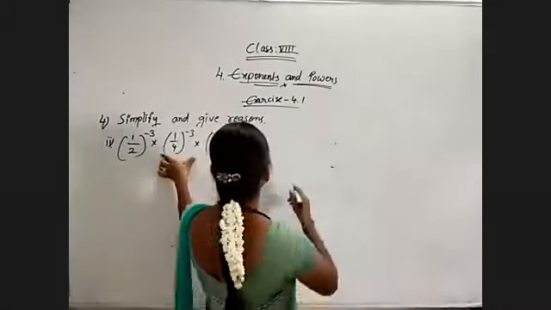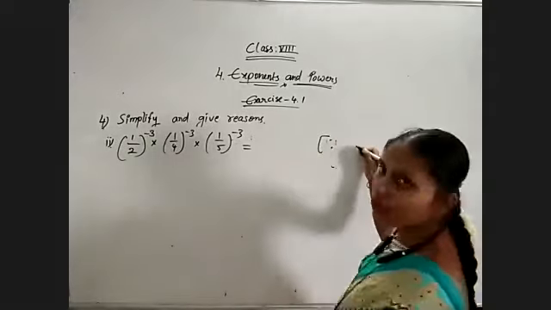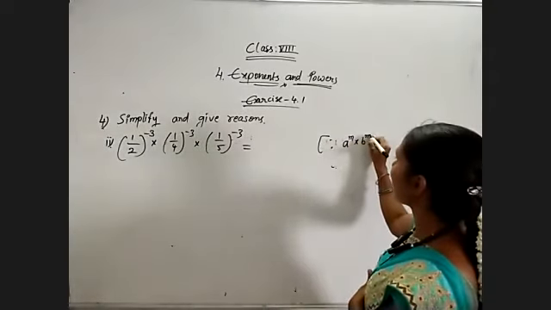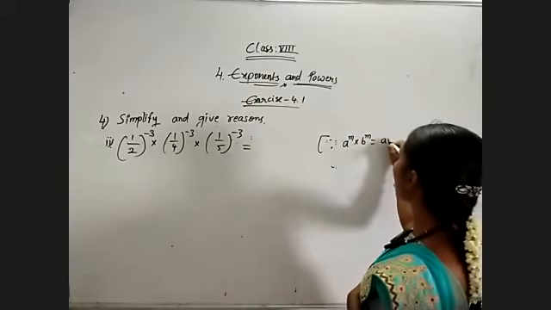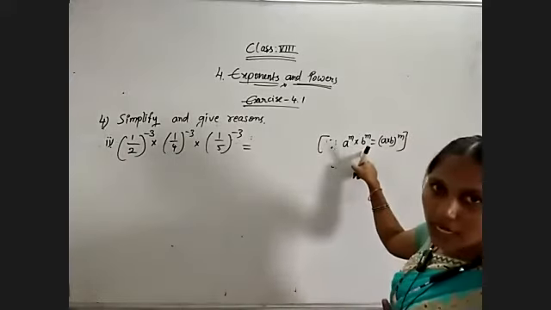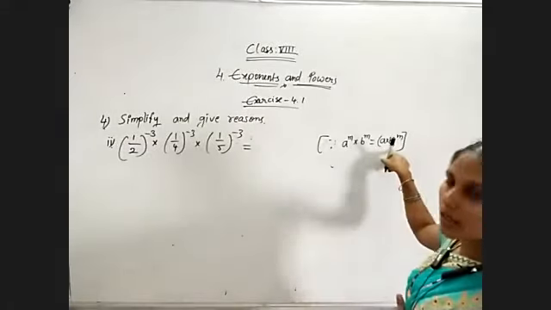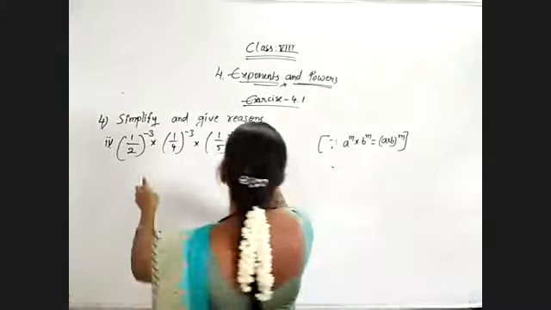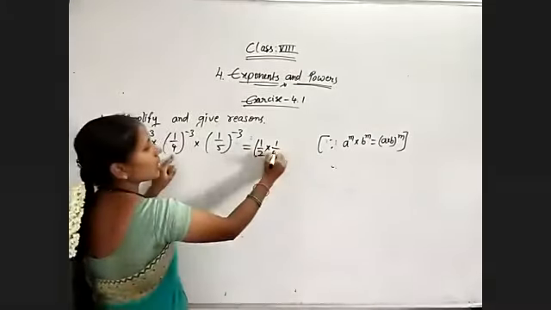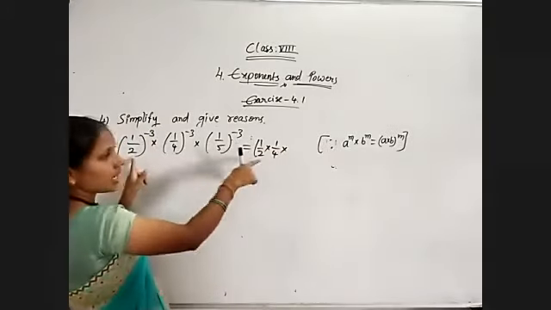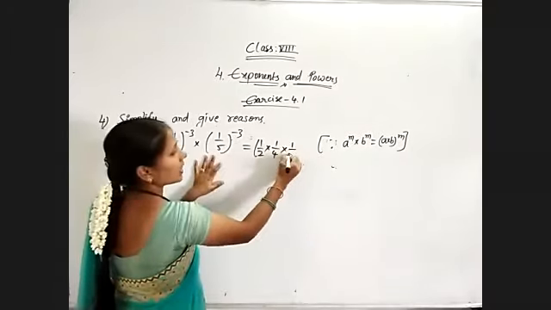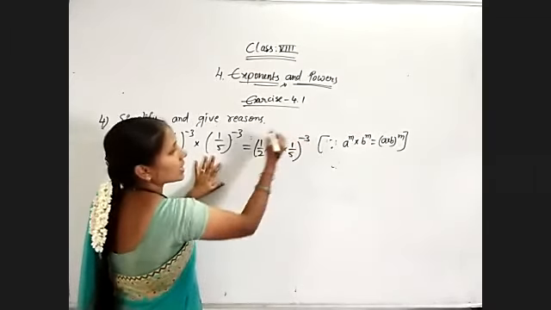And between them, into operation is there. So which formula is useful here? That is a power m into b power m is equal to a into b whole power m. So left side like this they are given. Now we need to use this side. Means a value is 1 by 2 into b value is 1 by 4 into, instead of 2 numbers we have 3 numbers. So those 3 numbers also we can take at a time. 1 by 5 whole to the power of minus 3.